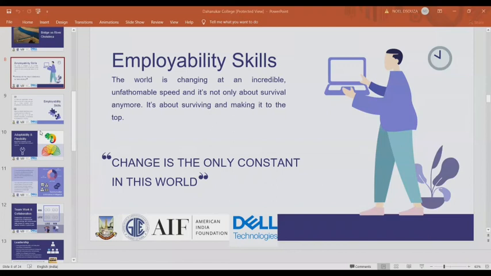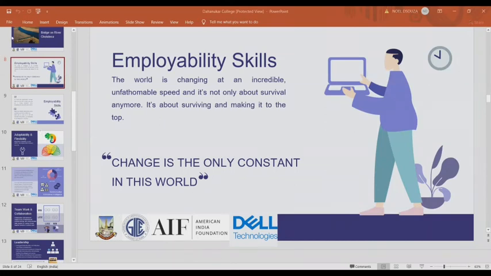So first one is employability and employability skills. Now, employability is defined as your set of achievements, your skills, your understanding, your personal attributes, which are likely to gain employment and be successful in whatever occupation you choose, benefiting you, your workplace, the community, and the economy as a whole. What are employability skills then?